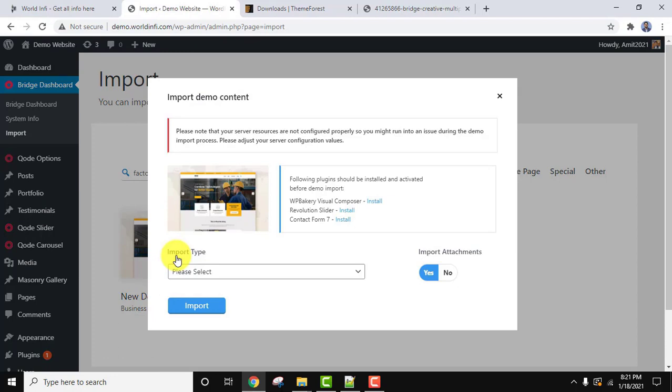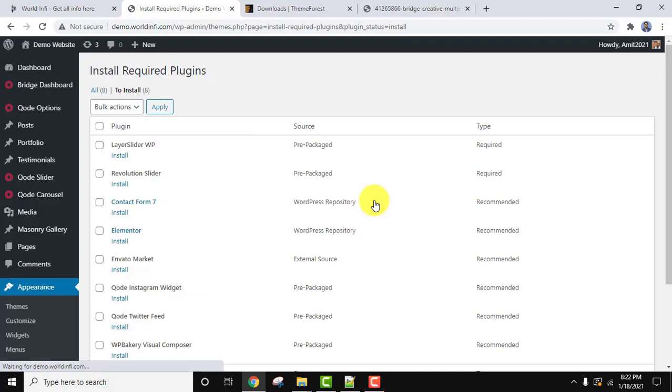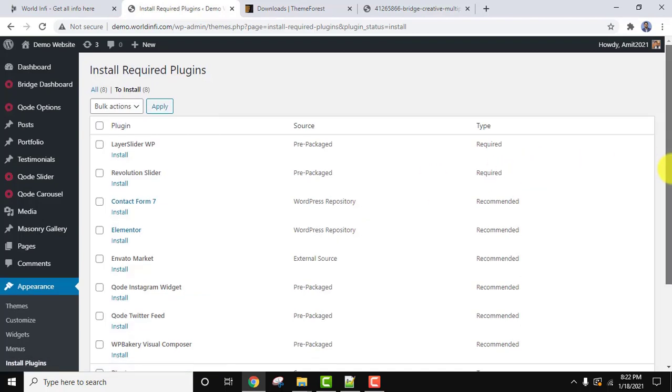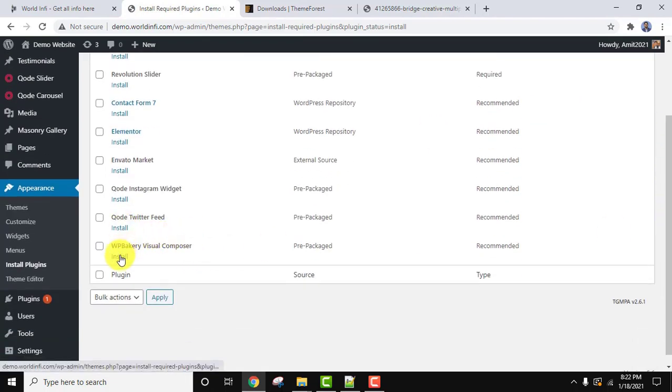On clicking, you can see you can now import demo content. Why? Because you paid for the theme, we added the license, and that's why we are allowed to import demo content. Now you need to just install these three plugins because these are only for this specific theme demo. After that you will import it. Now let us install all three of them before moving further. I'll click on install for each one by one. Click on install.